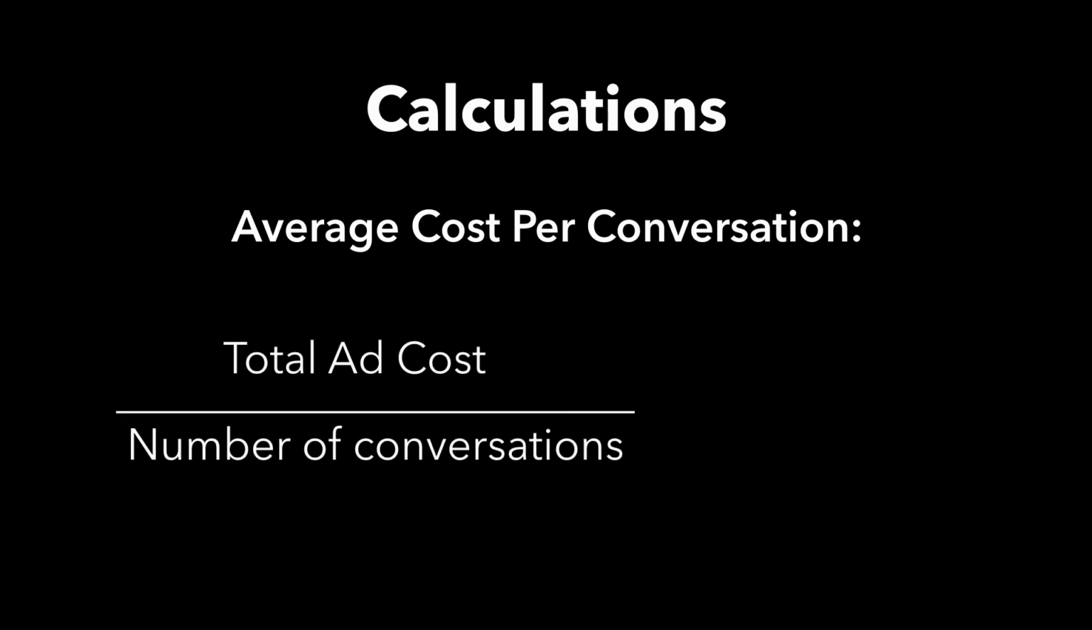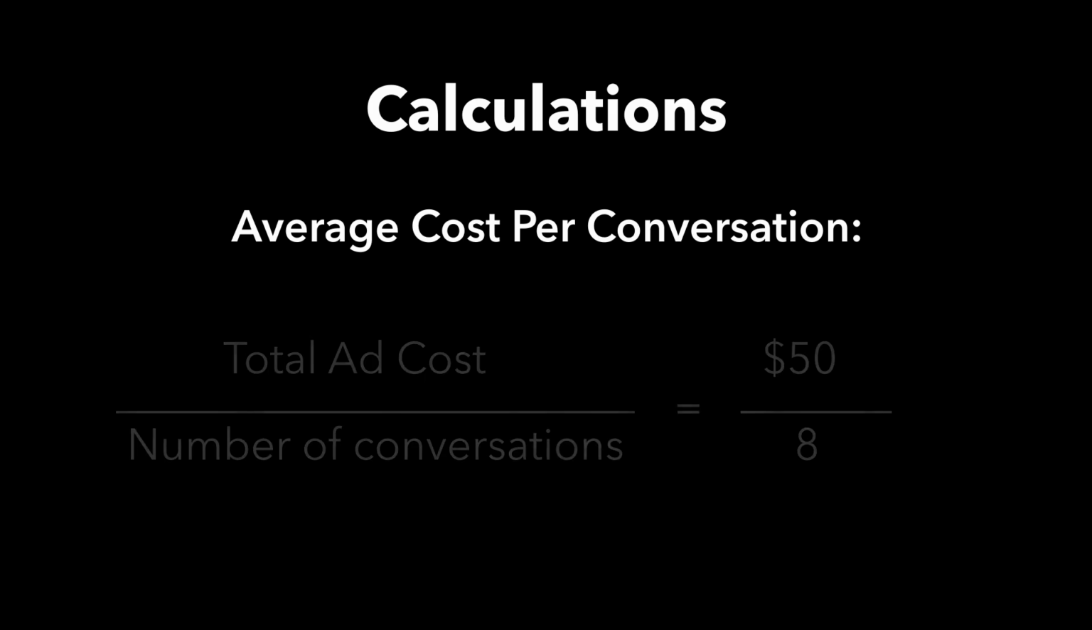So the first one, average cost per conversation, can be calculated by taking the total ad cost and dividing it by the amount of conversations you had for each idea. For example, let's say that you spent $50 in ad costs for one idea, and from that you had 8 conversations. That means your average cost per conversation works out to